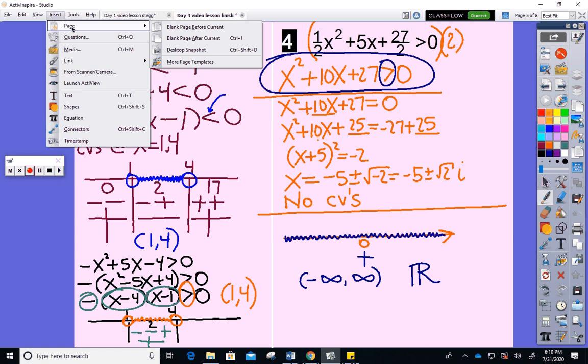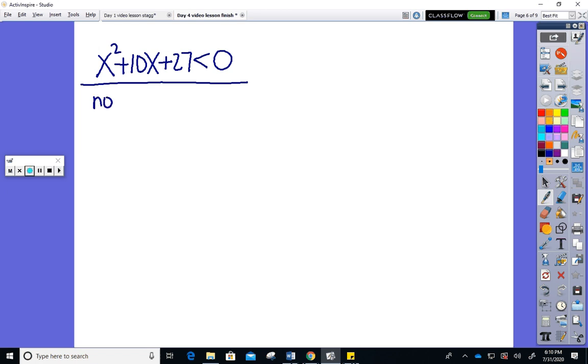So it's x squared plus 10x plus 27. Okay, so we had x squared plus 10x plus 27 is greater than 0. Let's make it less than 0 so you can see how this works. Well, you would still say it won't factor, so let me pause for a minute and find critical values another way. I would go through the same thing and realize there are no critical values